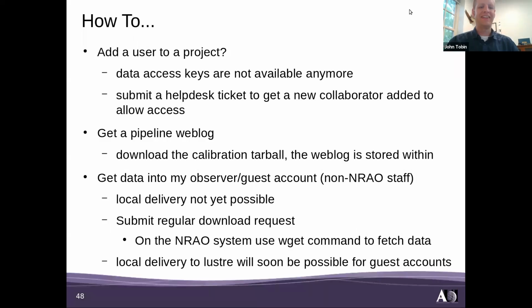So now these are to highlight some more of the known issues and quirks that users may run into, things that are likely to confuse folks. I talked about this one a little bit already. How do you add a user to a project so they can get proprietary data? Because data access keys aren't a thing anymore with the new archive. You really just need to submit a help desk ticket to get a new collaborator added, and that will give them access to VLA